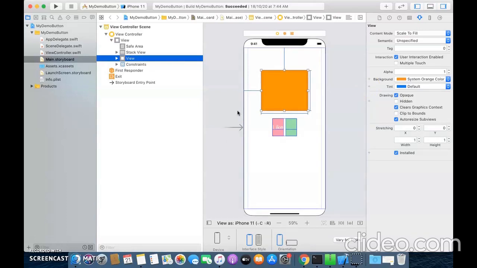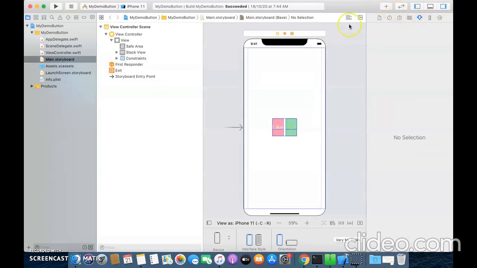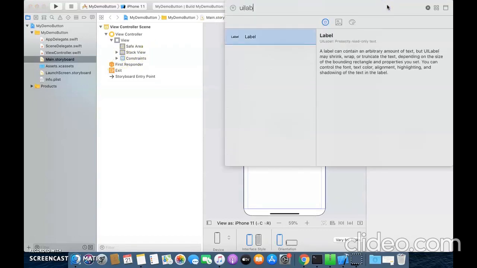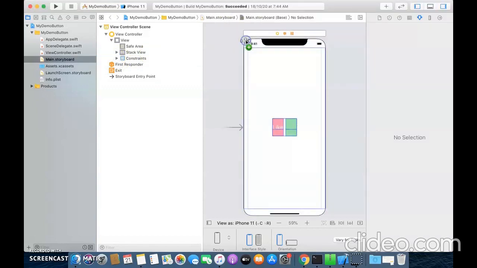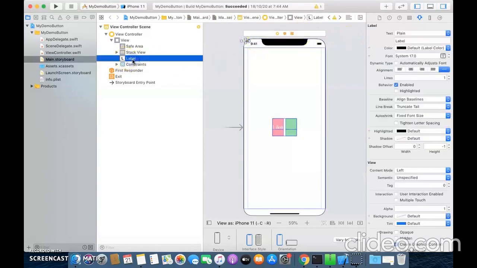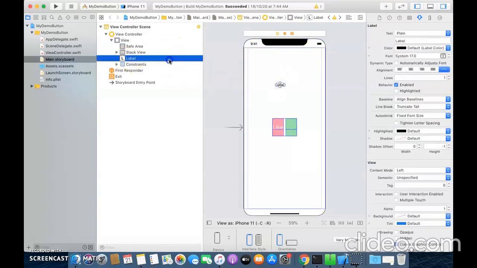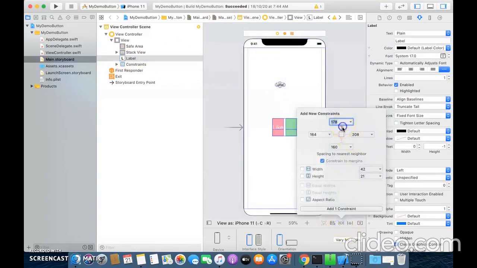Now check for a UI label. I will delete the UI view and I will add a UI label here. I am going to just drag and drop a UI label right over here, and I am now going to add the same top and leading. No width and height, I will just add a top and leading.